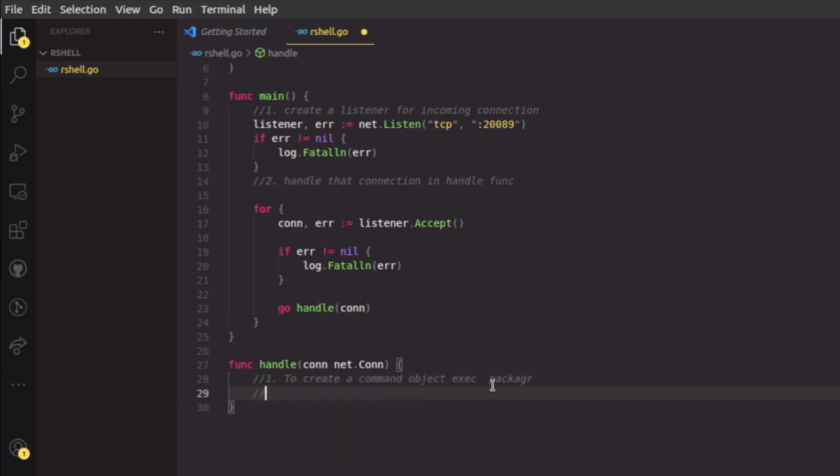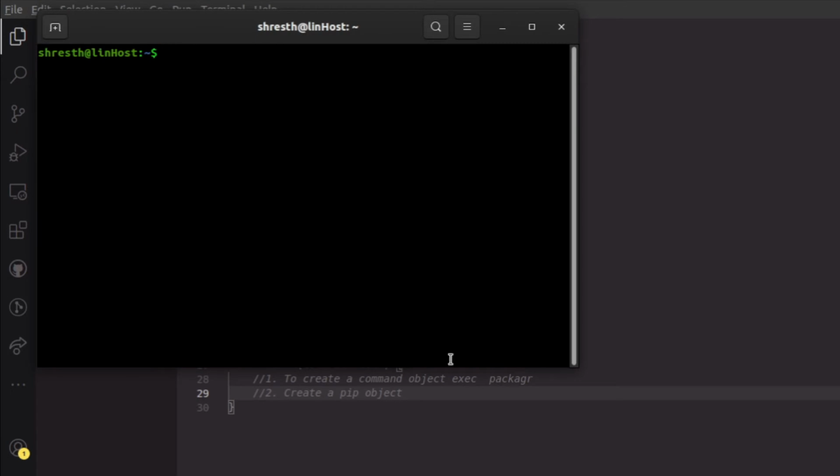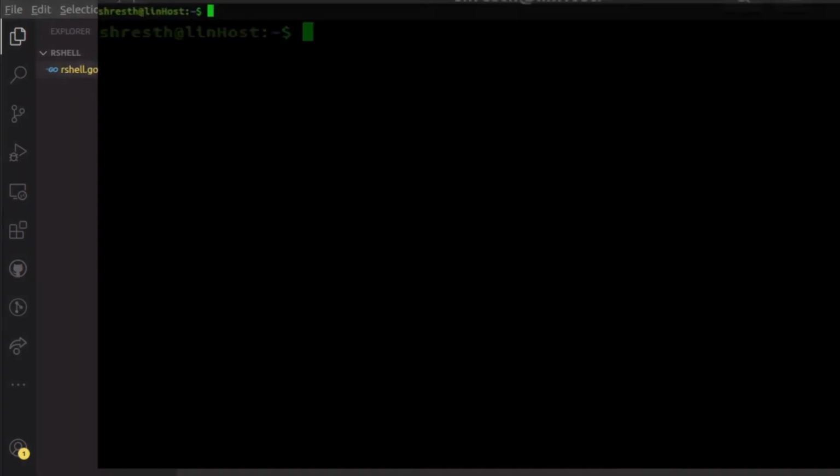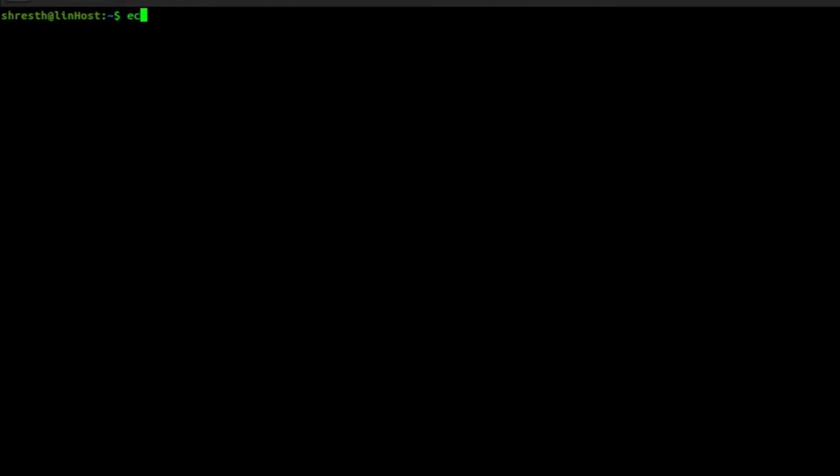The second step will be to create a pipe object. If you know what pipes are in the command shell, let me quickly show you what I mean. If you have ever used the command line in Linux, you might be familiar with pipes.